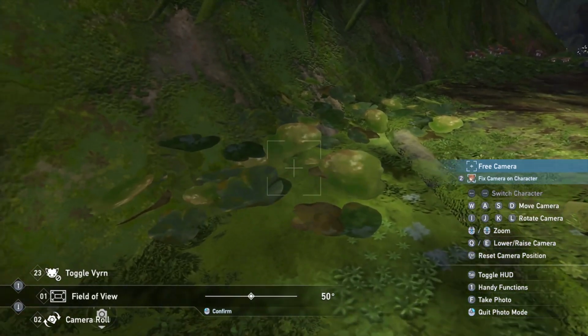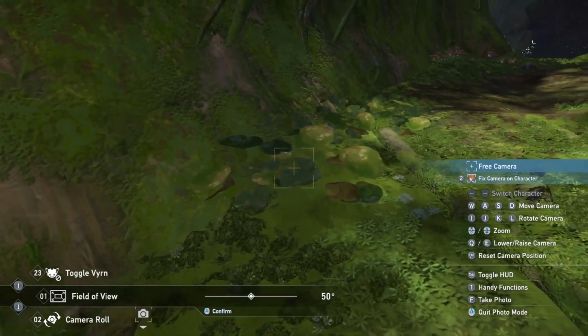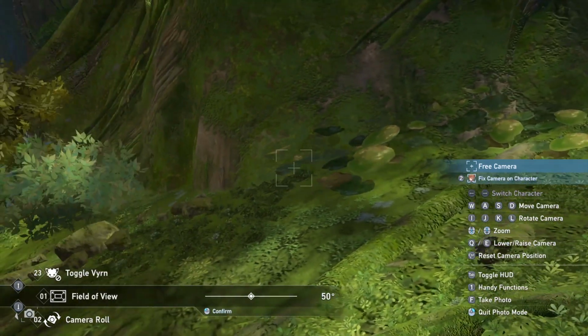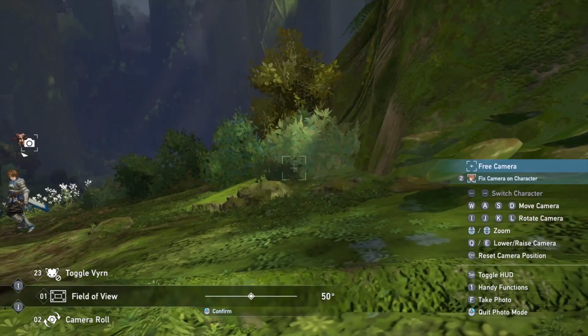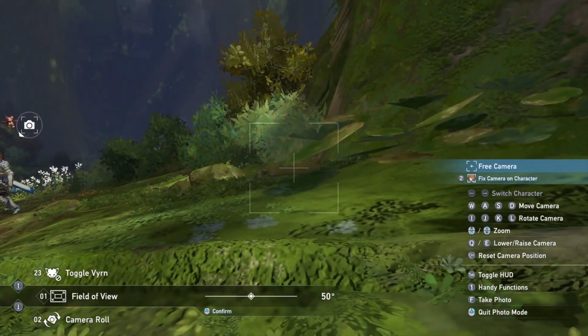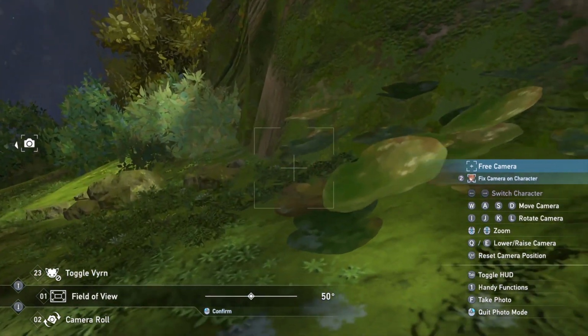Also, they are similar to those lily pad things that grow next to the rivers. If you played Breath of the Wild or Tears of the Kingdom, you will see them. But also, these ones are very low and very small. And one additional thing that you can do with these ones is that you can actually just have them as